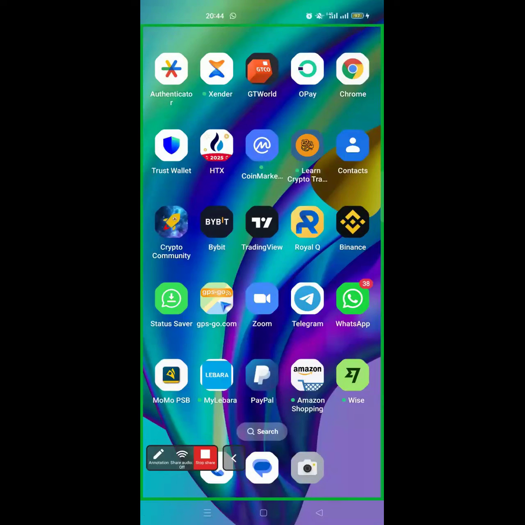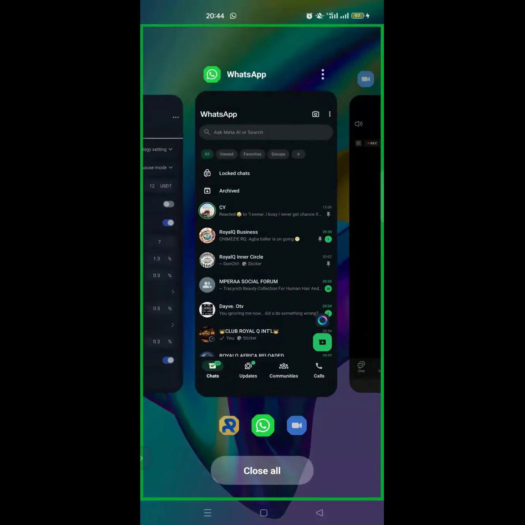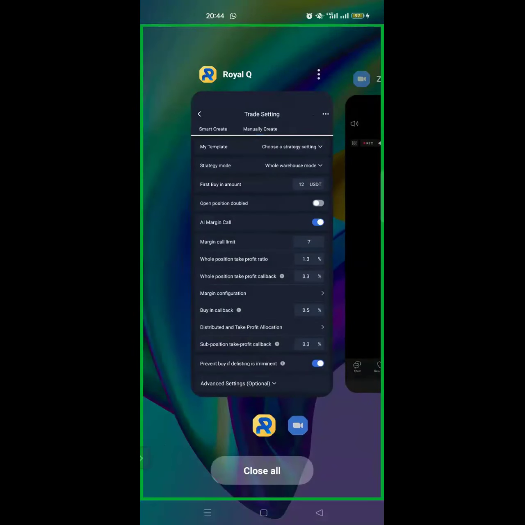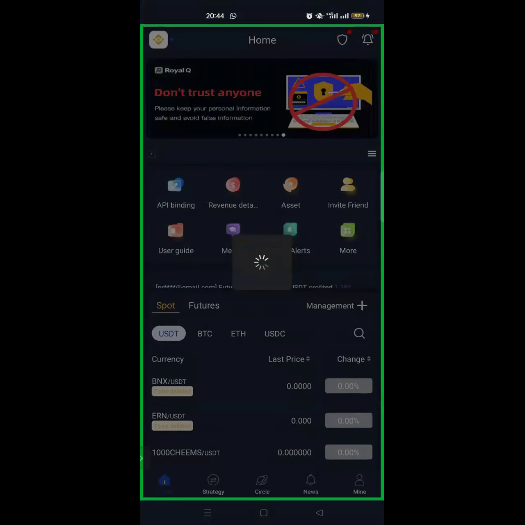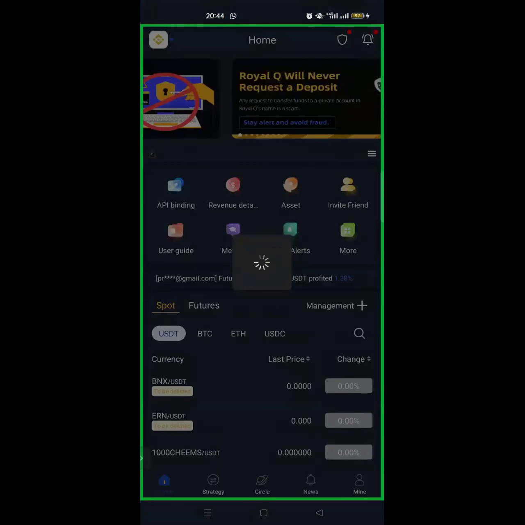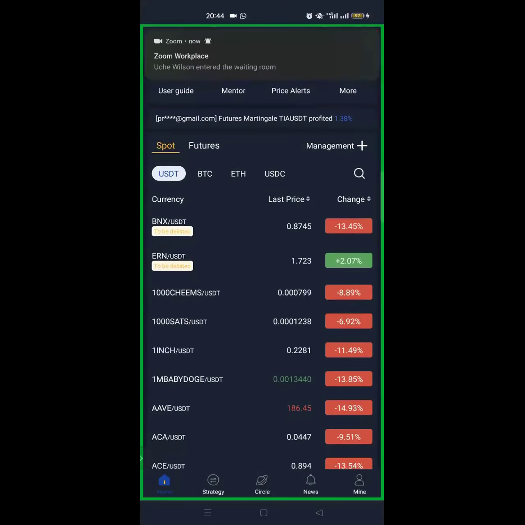Okay, so I believe we can all see my screen. So I'm going to go into my RoyalQ app. Okay,